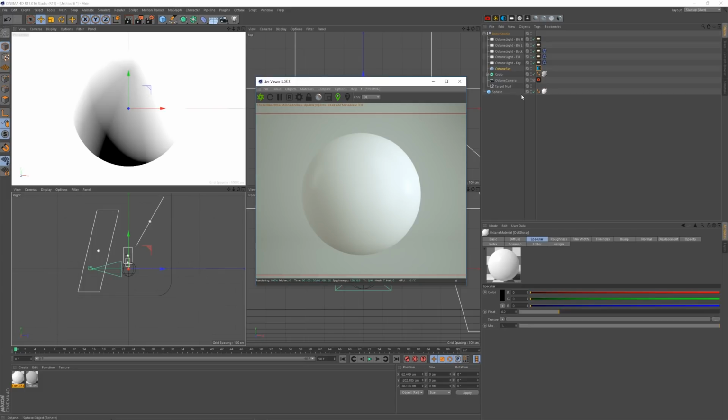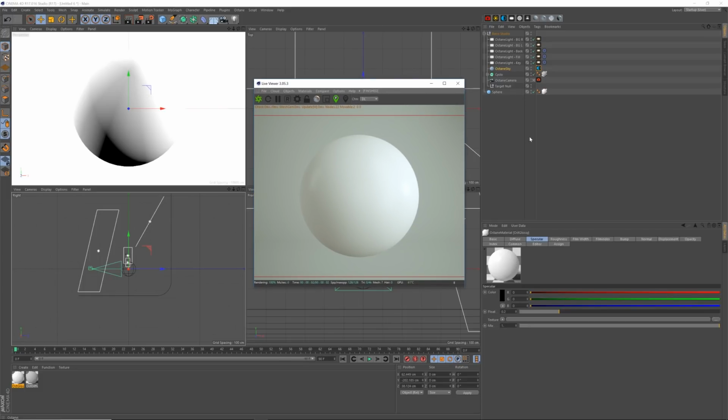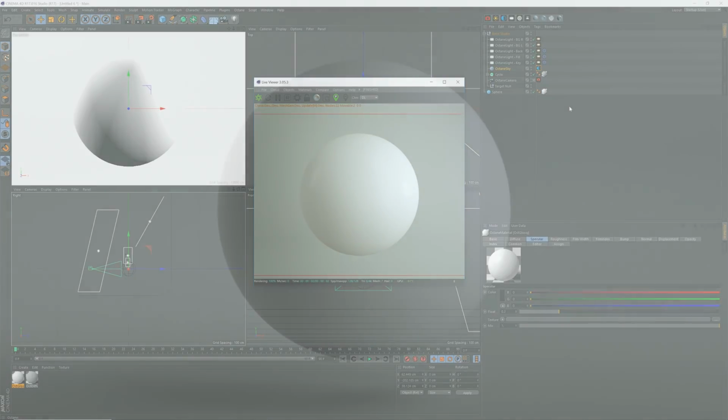You just have a default beautiful studio lighting rig. I hope that helped you guys out, and hopefully it will speed up your process in doing your work. You can obviously customize this rig however you like. You can do a standard 3-point lighting system or do your own custom lighting system and then just save it as a preset, and it will save you lots of time in the future